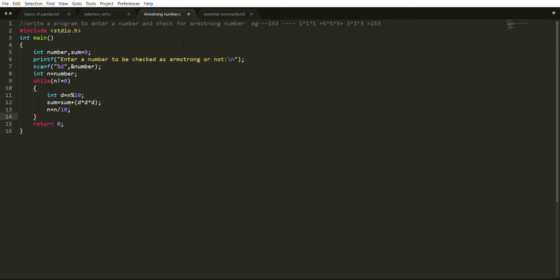So this part, the while part, is the main logic. Now we will check whether the sum of the cubes is equal to the number. So for that we will use an if: if sum equals number, which is the original number, we will be printing